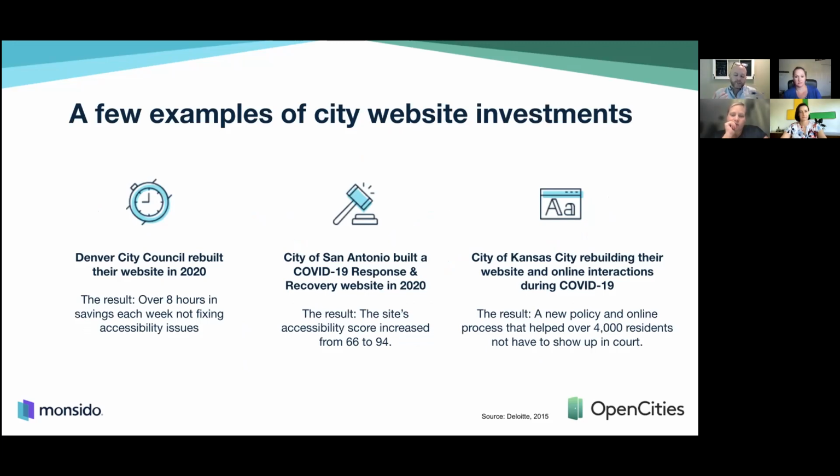And the 2 main people that were working on that site before on their old site, they were taking roughly 8 hours to retrain content editors and having to fix accessibility issues. After they launched, they're saving 8 hours a week. But the other one that I think is really innovative that I wanted to call out was Kansas City, Kansas,